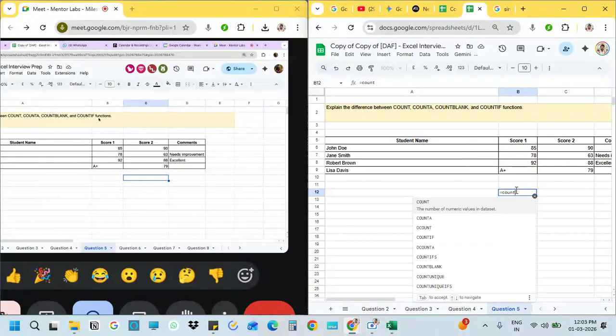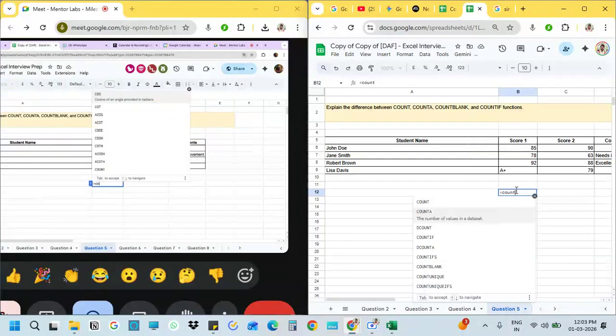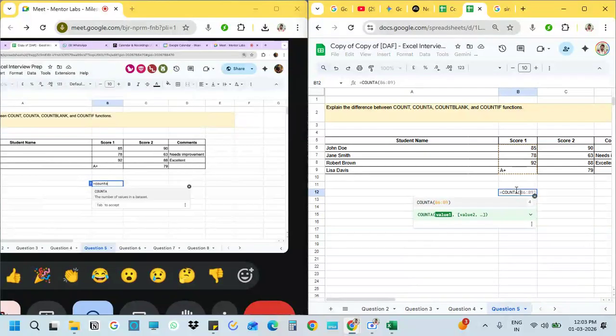What is COUNTA? Okay, COUNTA counts the numbers as well as the alphabets used in the values in the data set, all the numbers along with the alphabets. Okay, let's explore these things. It will be a basic question, but sometimes they will give different data types and confuse you. And what is the difference between COUNTIF